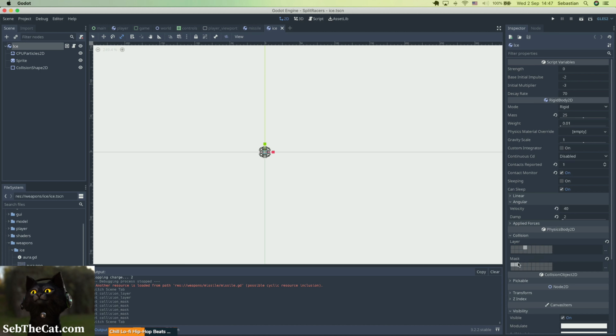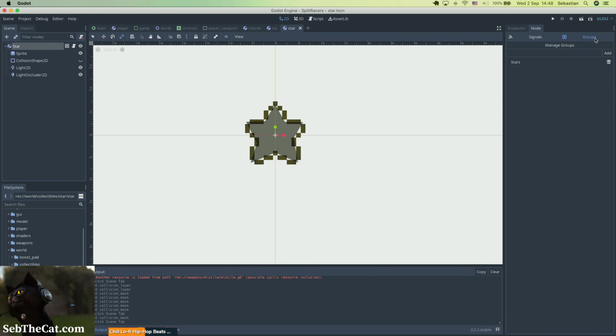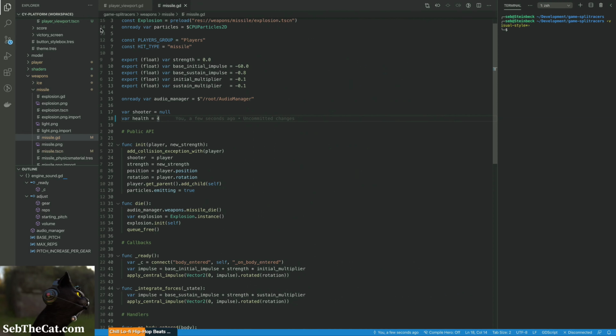So this is a projectile, and we just care about the environment, players, and other projectiles. And then ninja stars, we can just leave the ninja stars as they are. Okay, and then what I was going to do is put the stars in a stars group if they're not already in that group. Yep, stars. Cool. Okay, so this allows us to jump into the missile, and in our...